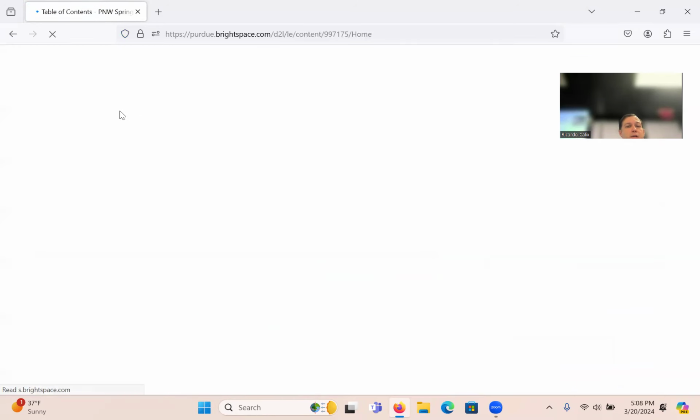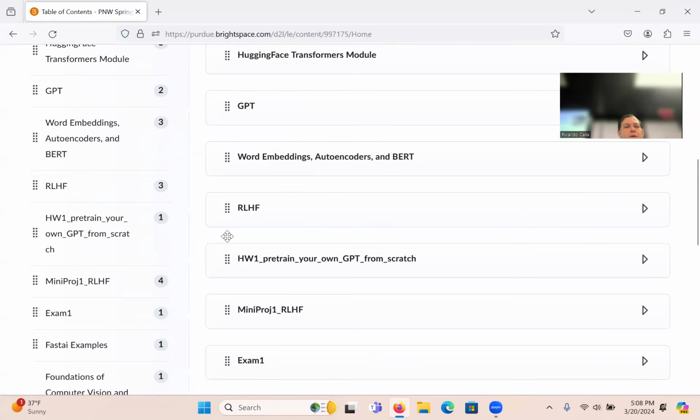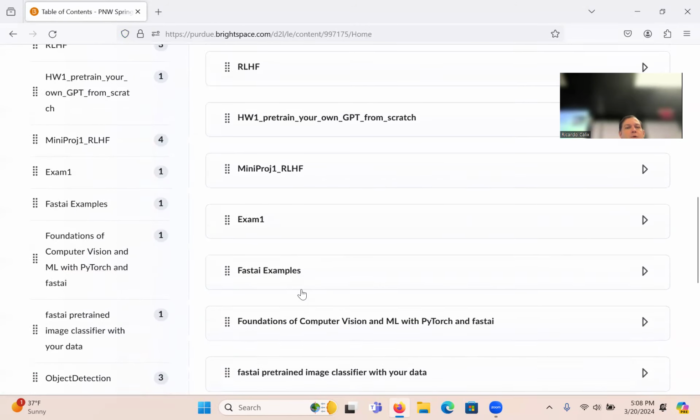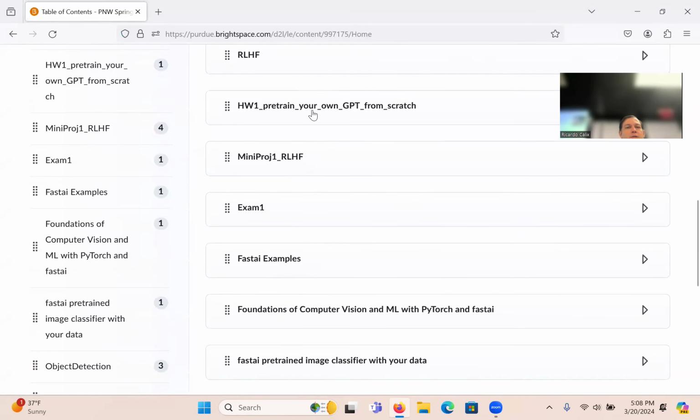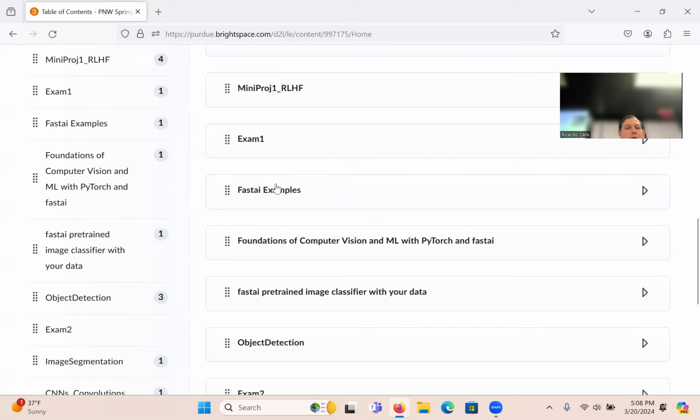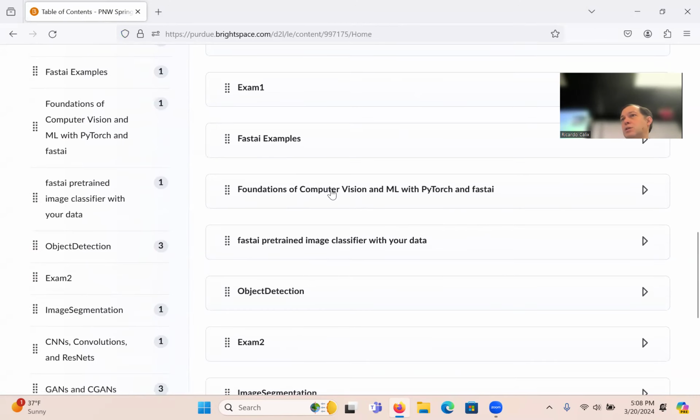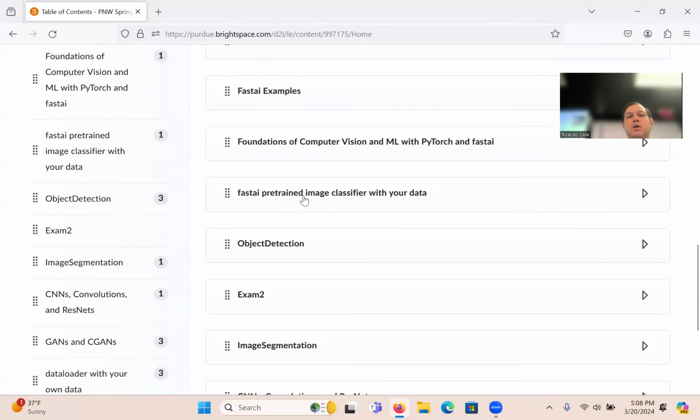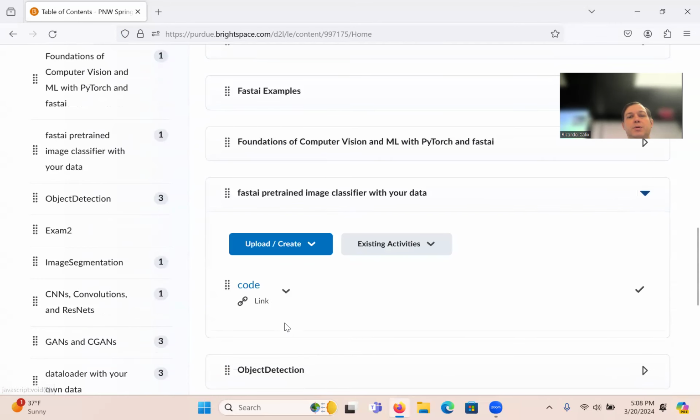Brightspace. Let's go to content. So basically, exam 1 was all the LLMs. And now we are in the fast AI. So we did fast AI examples to showcase what you can do. Then we went over foundations, some of the background of images and neural networks. We also, this is what I did last week or 2 weeks ago, if you remember, build your own